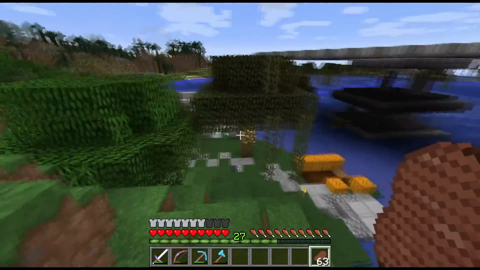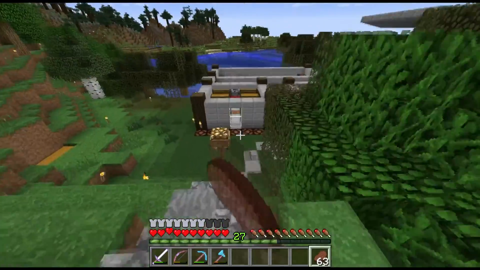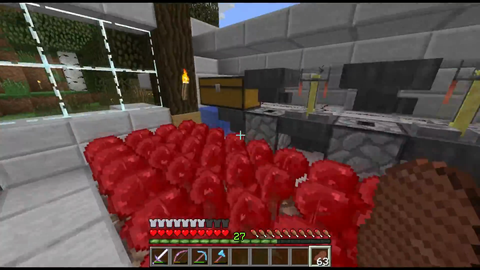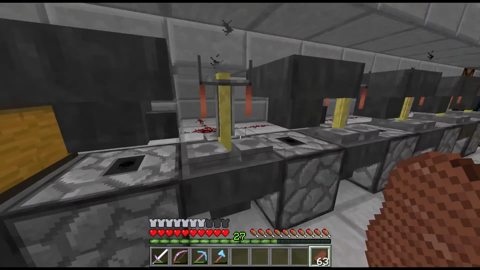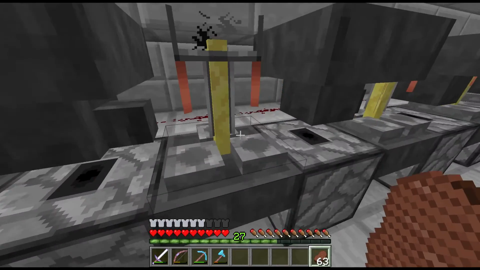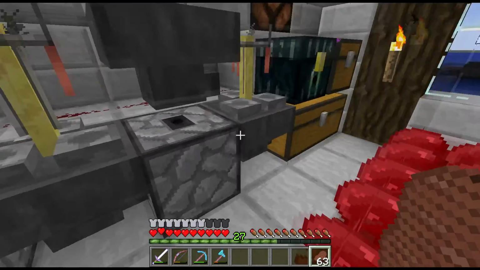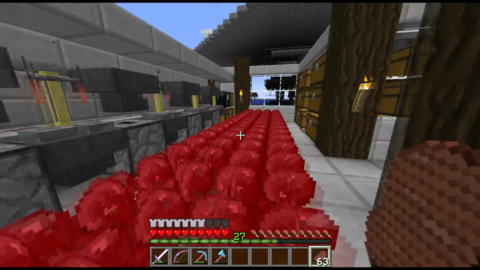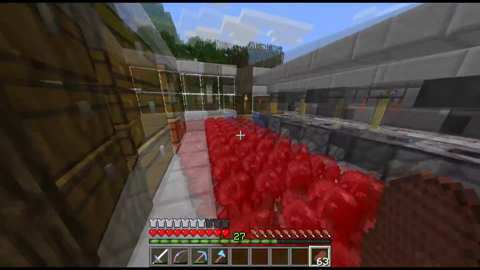As you can see, I made paths around at some point. And quite soon also I made this brewing area, which is my automated brewing stand, where I can put glass or water bottles into here and they will go through to this brewing stand, get nether wart to this one, sugar to this one, redstone, and that's really going well with the witch farm because I got the materials from there,